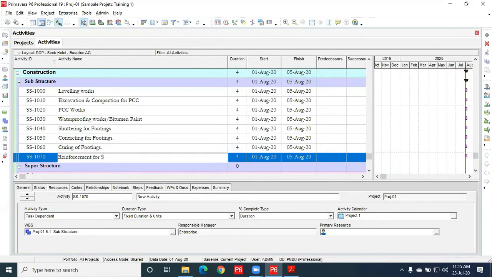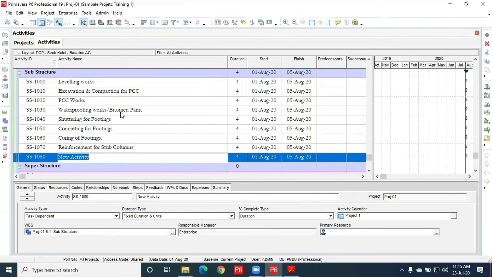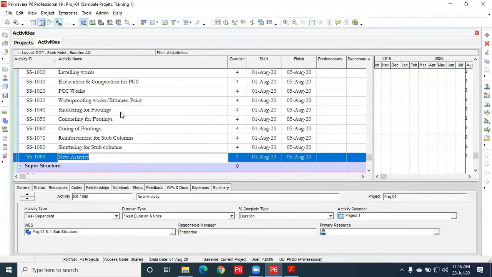Reinforcement for stub column, shuttering for stub column, then concreting of stub column.